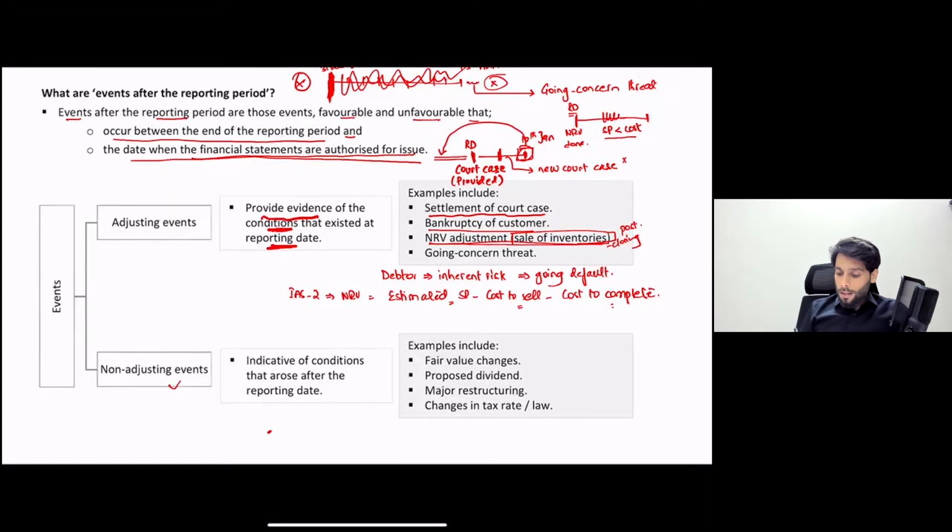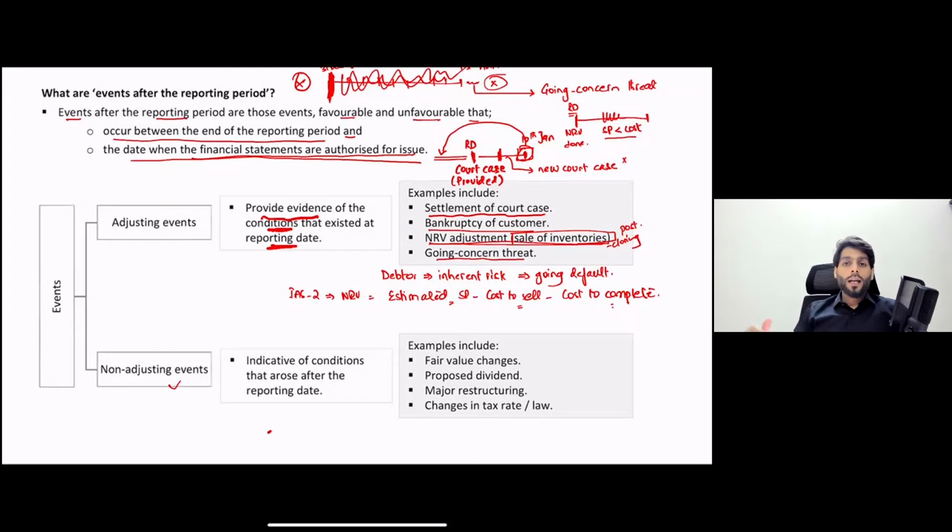All right. I already talked about this. I'll just reiterate that a going concern threat is always an adjusting event. I just told you that even if it occurs beyond the date when financial statements have been authorized for issue, if it's a going concern threat, your shareholders have the right to be informed as soon as possible, and going concern threats always become an adjusting event, right? So they are always important.